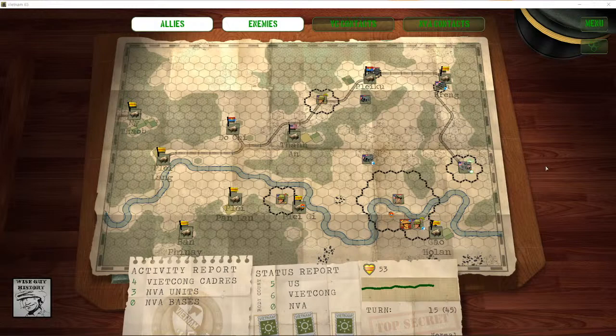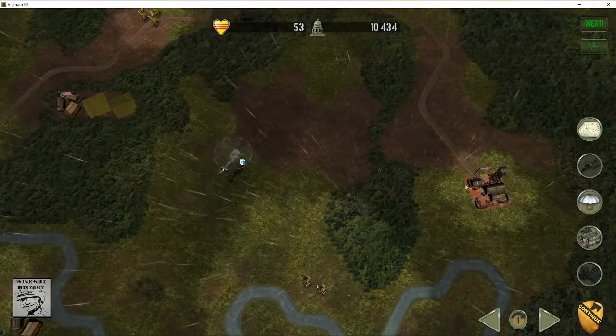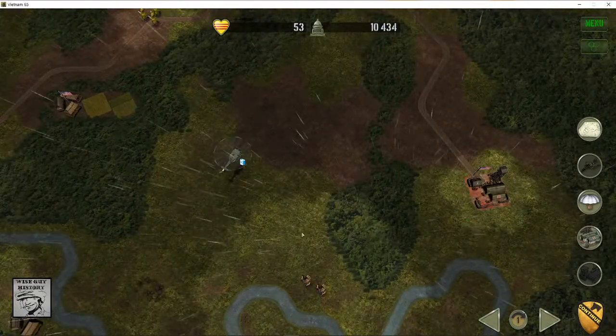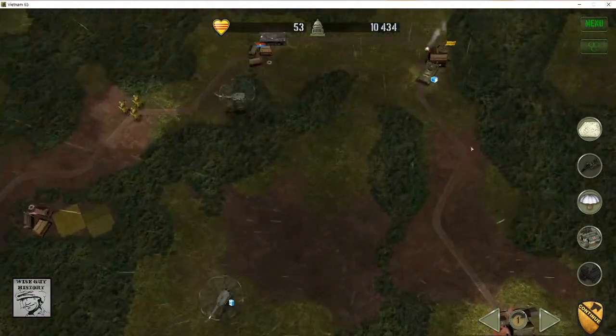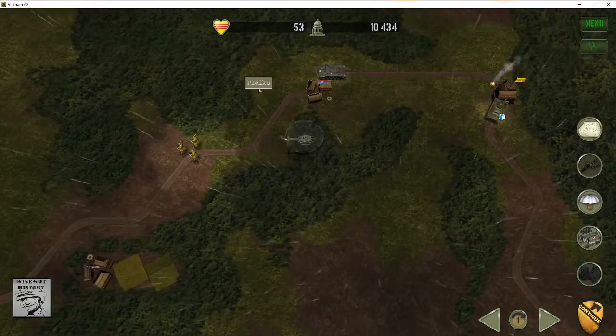The way the game works is, let me show you the map. This is my base here. You'll start here with a couple of Hueys and 3 of your infantry units, and you need to look around at the various Vietnamese villages